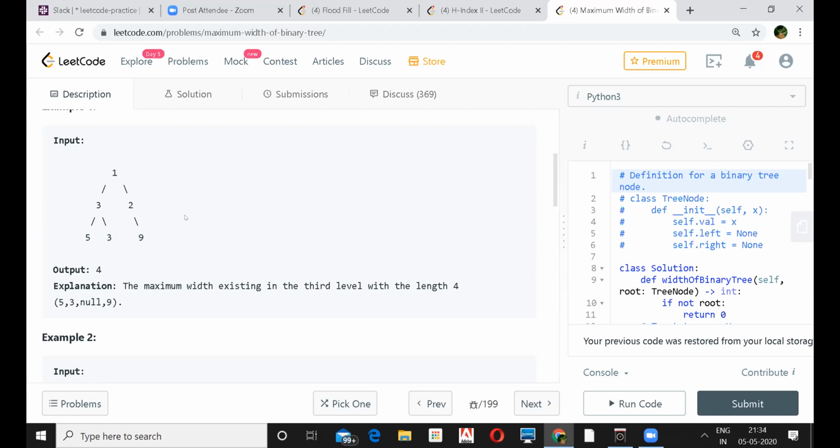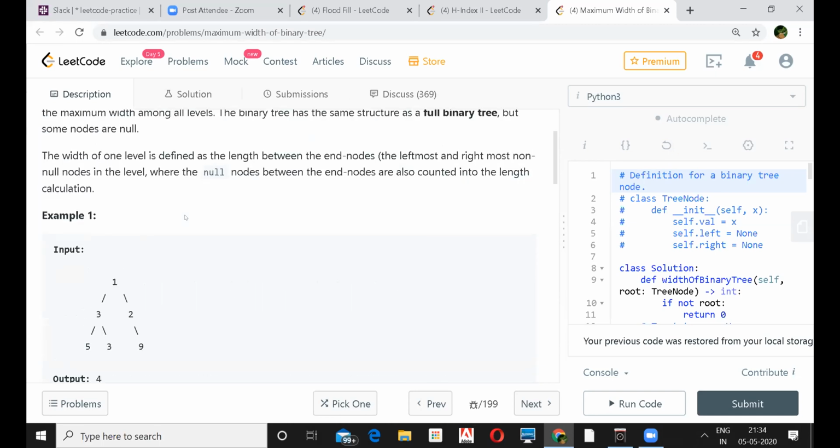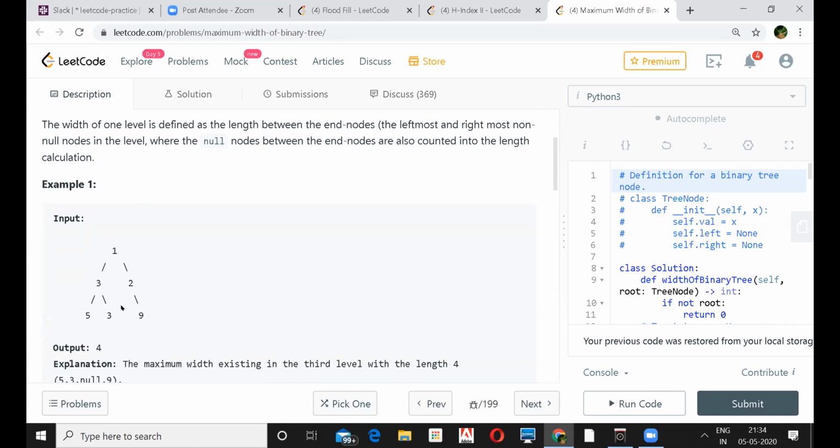But the thing will be, in case of 1, 5, 1, 3, 2, if you don't have 5, then it will be only 3, right, Shashank? So in this first example, if you don't have this node 5, the answer will be 3, right? Yeah, in that case. Is it 3 or 4? No, it should be 4 only. They are telling that even if there is no left, I think, sorry, it will be 3.